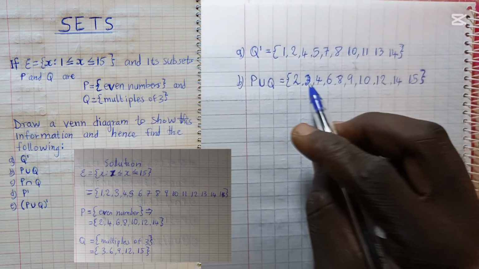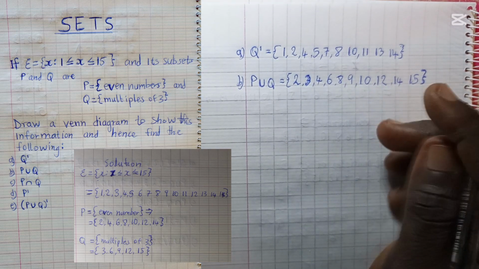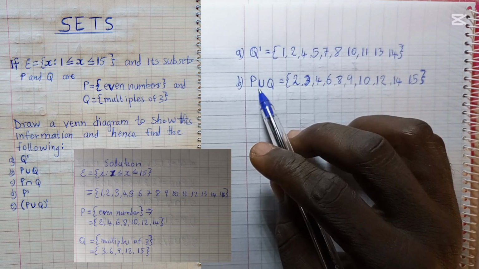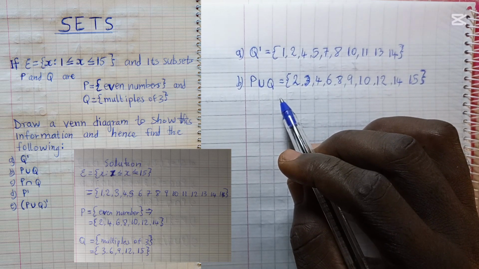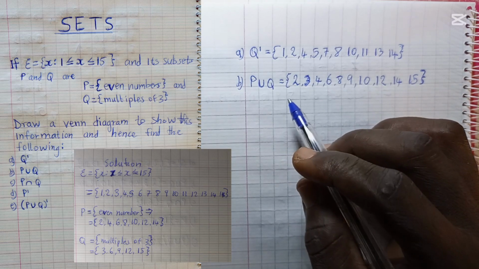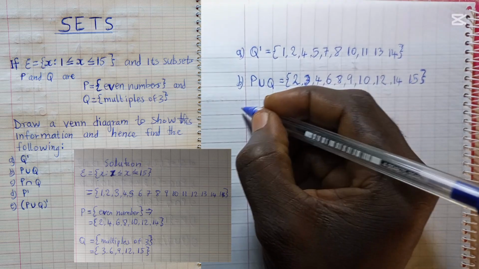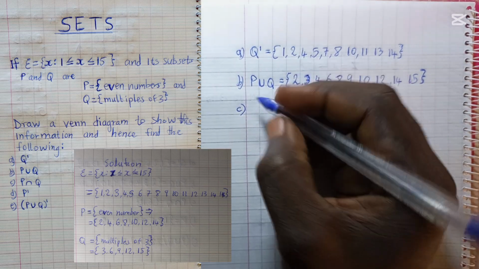So arranging the elements in ascending order from the lowest to the highest using the two sets, that's what we call the union of two sets. Arranging the elements in the two sets in one from the lowest to the highest. Then C, we are asked to find P